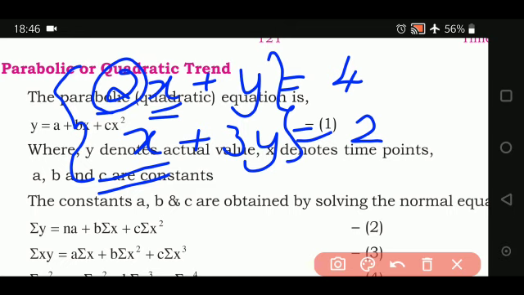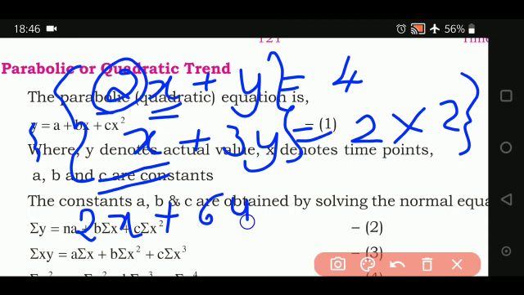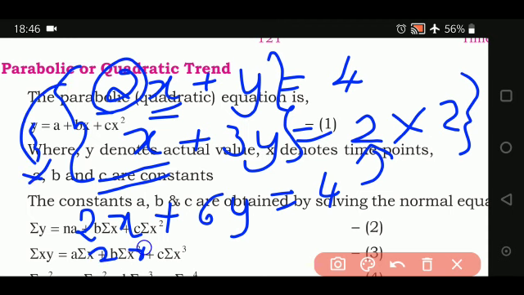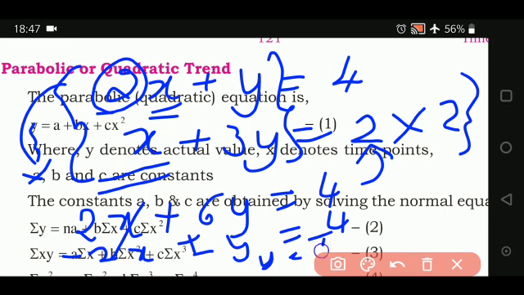In this equation, I am going to multiply the whole term by 2. So this will be 2x plus 6y is equal to 4. And this normal equation I am going to bring down here, 2x plus y is equal to 4. You have to change the sign. That is also a rule in simultaneous equations: if it's plus, you make it minus; if it is minus, you make it plus. So here these two terms get cancelled, and y is equal to 0.